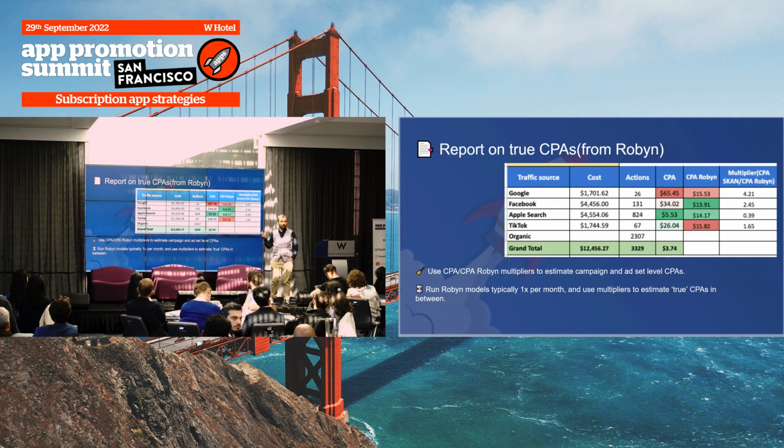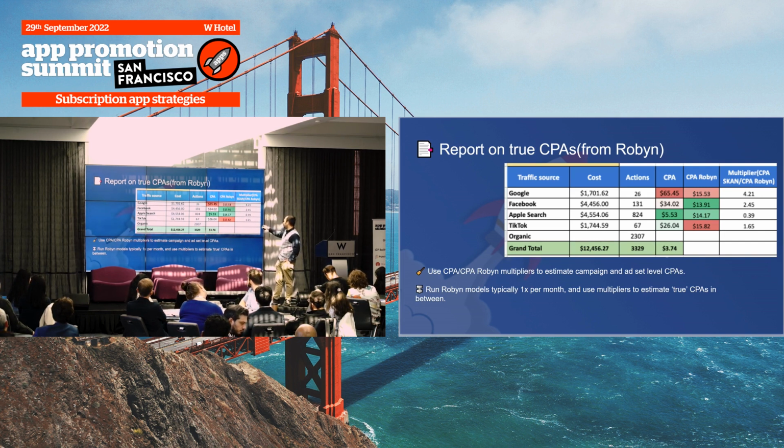And how do you report, right? So you run these models, which is all fancy and great. How does this fit into your day-to-day operations? What we do is we typically report on costs and CPA as reported by SKAN, and for Google we report Firebase. Apple is reported by search ads. TikTok and Facebook are by SKAN.